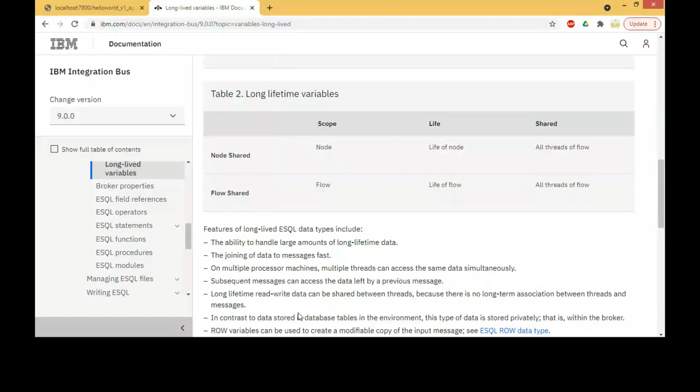According to the documentation shown here on the IBM website, you have long-lived variables that will store information for you within a node's scope. If you store something in the node scope, then you can only access that stored value within the node scope.